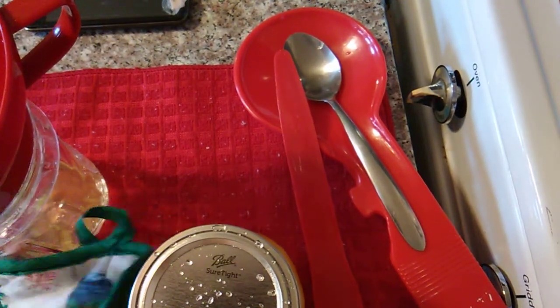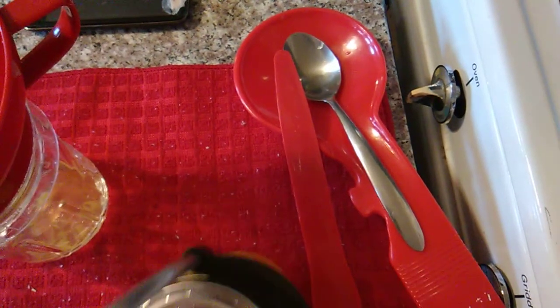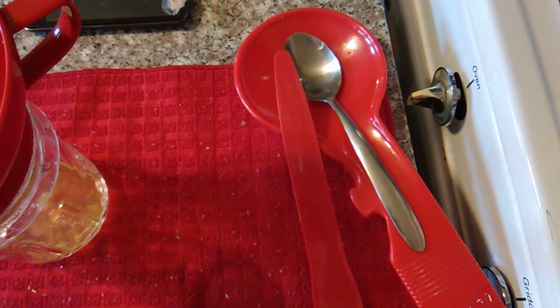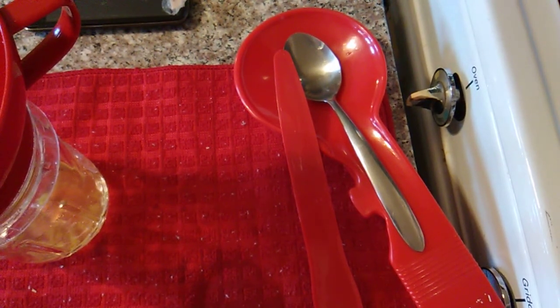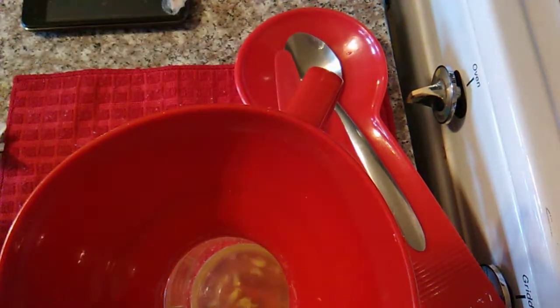Whole house smells like pineapple. Finger tight, not too crazy. And into the canner with that one, and I'll grab another jar. Whoa. You know, I really don't like these jars. They're harder to pull out of the canner. See this? Like, they're harder to...